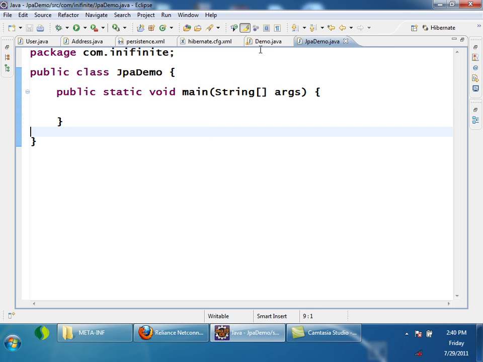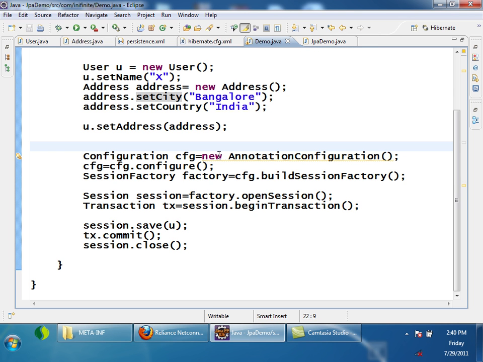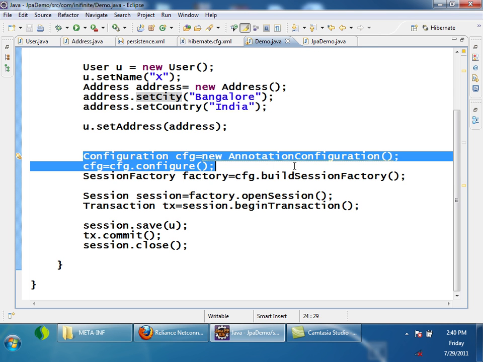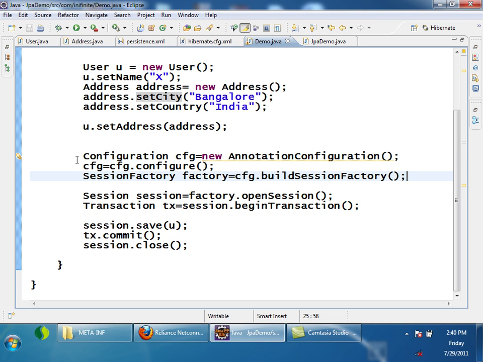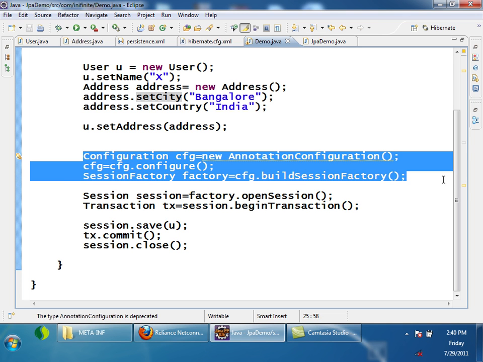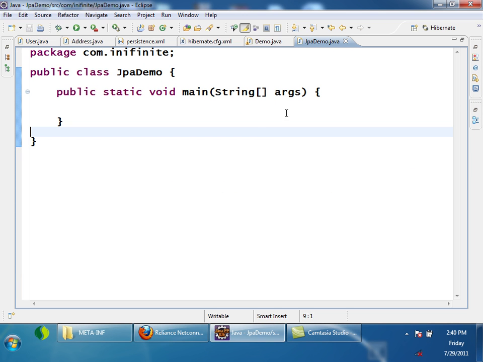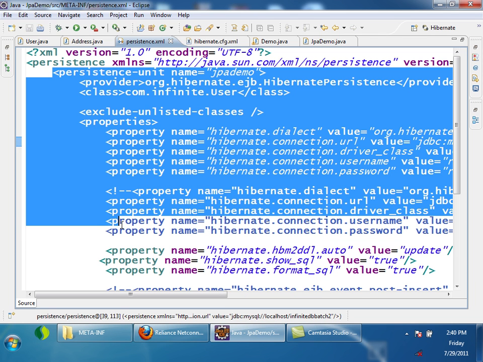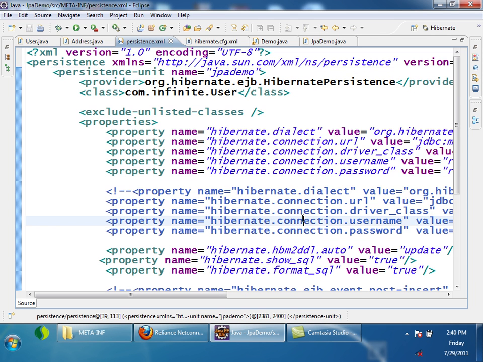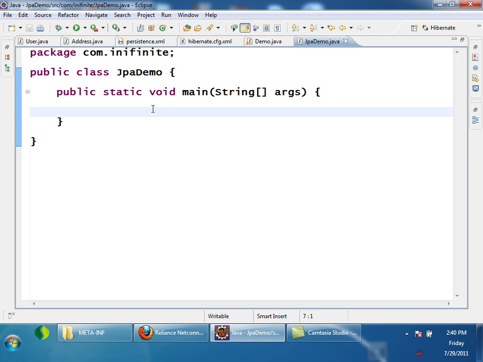Okay, I'm just parallelly opening the Hibernate code also. What was the first thing? The first thing was to build a session factory. For building session factory, we did all this in Hibernate, right? Similarly here, the first step in JPA is to load this persistence unit. Persistence unit is having all the configurations, right? So to load this persistence unit, see here,